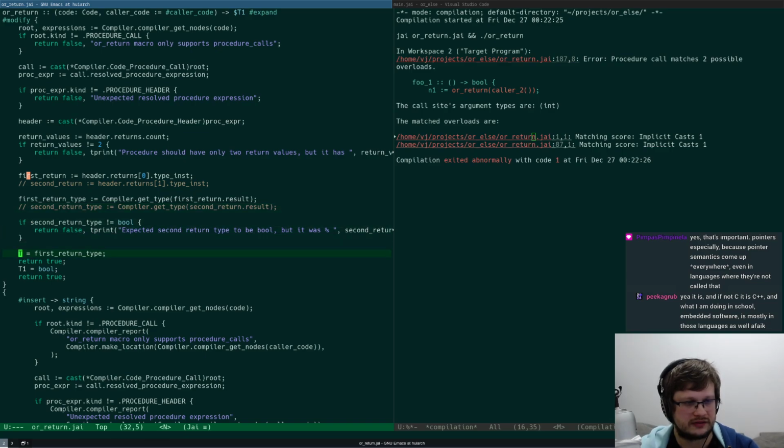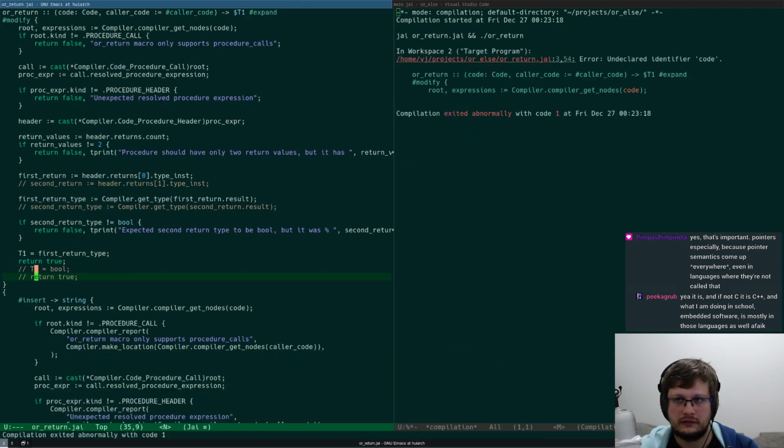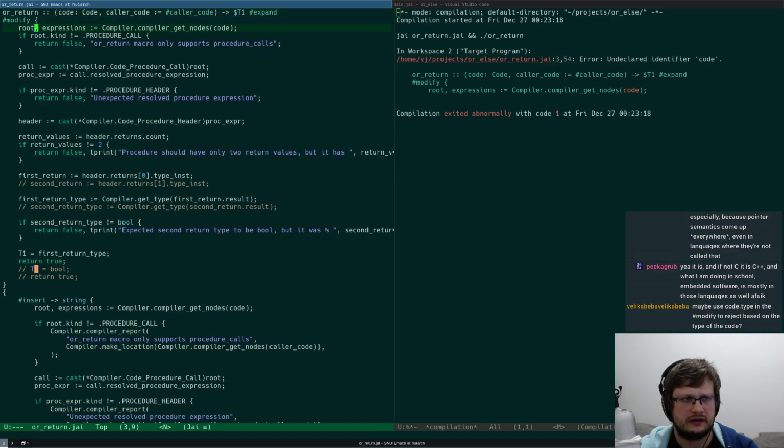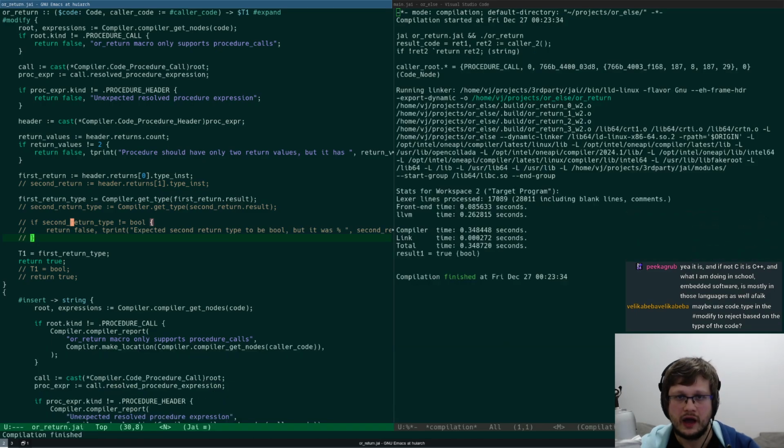T equals first return type. Undeclared identifier code. Where? Line 3. It literally is. Oh yes, because I need to do it like that. Second. It worked.